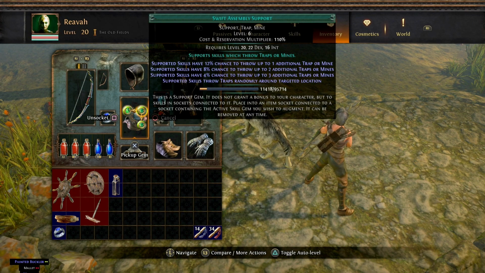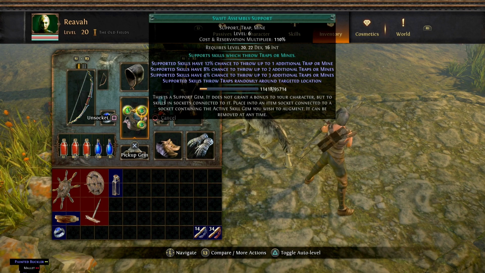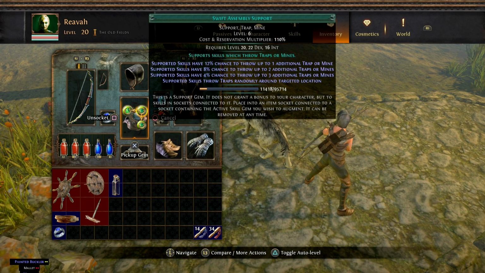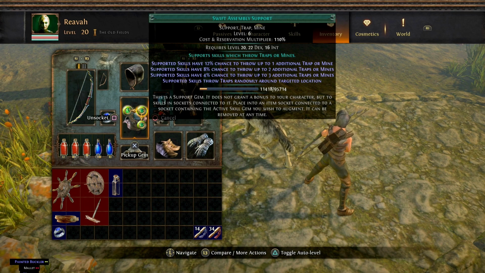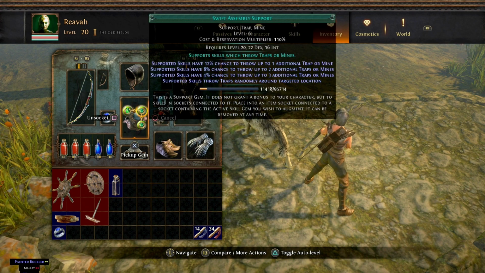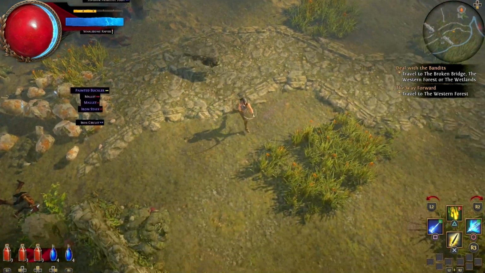I don't know if volley works on fire trap, explosive trap. Sorry, because that's got two supports on it: chance to poison and swift assembly support. I have a feeling that only works on traps because it's a specific traps or mines thing. Yeah, so we'd lose the bonus of the trap. I'm not using them much though, to be fair. Have a think about that one, but they're...